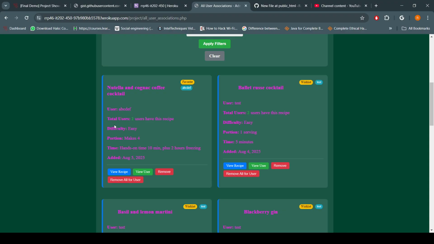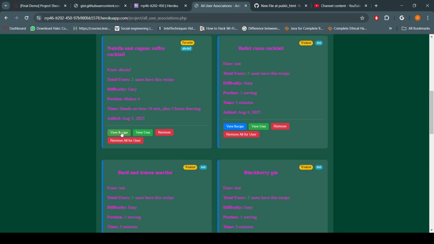And it specifically shows that there are two users who have this recipe in their list. And if I want to view this recipe, or view this user, I can view this user too. I can remove them, and remove from all the users, so it will be totally removed from the ABCDEF